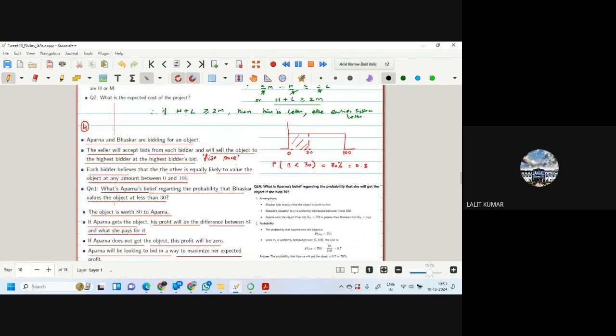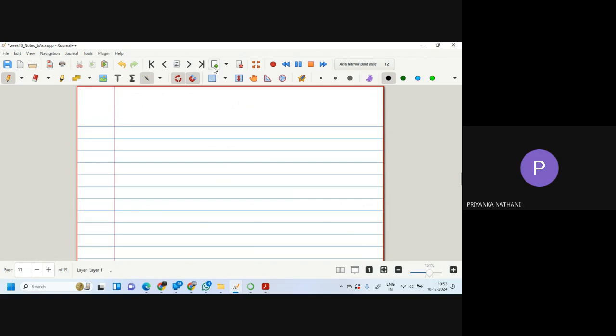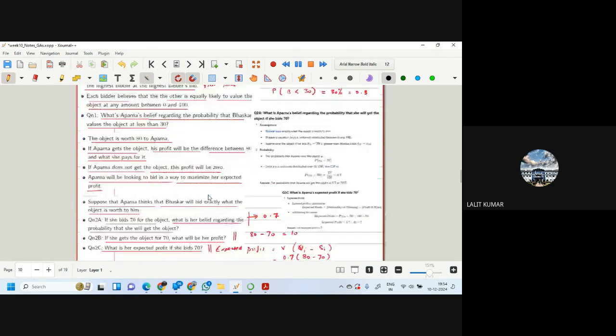Aparna and Bhaskar are bidding for an object. The seller will accept bids from each bidder and will sell the object to the highest bidder at the highest bidder's bid. So it is a first price auction. Each bidder believes that the other is equally likely to value the object at any amount between 0 and 100. So for both, it is 0 to 100, and a uniform distribution is there. Okay. Now,